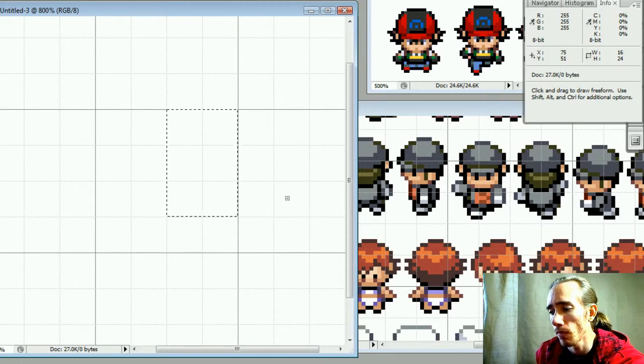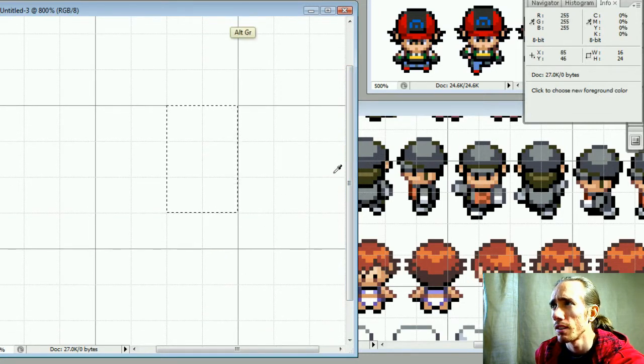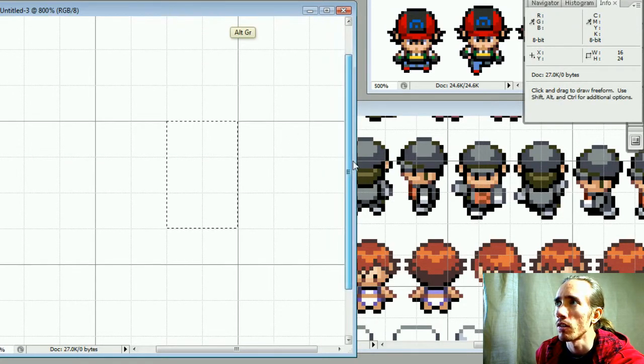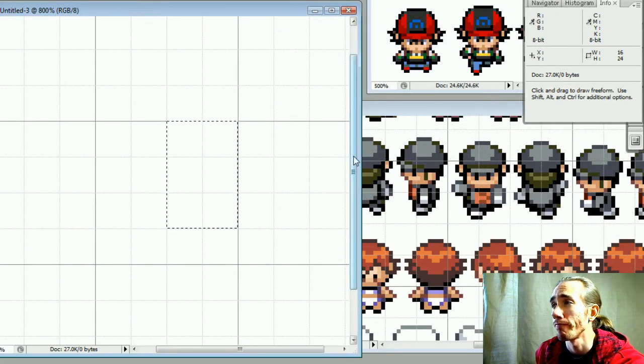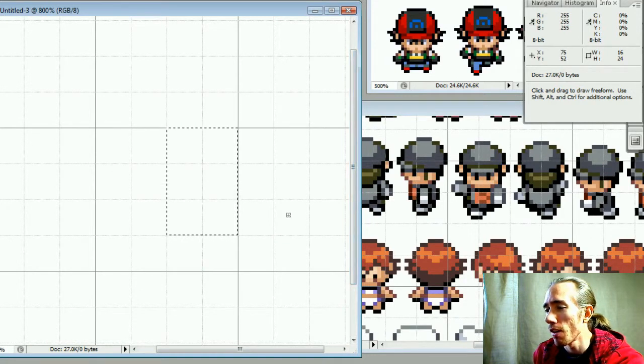I don't know the correct mathematical term for it, but it gets divided without any remainders. So yeah, something like that. I'm just an artist anyways. So